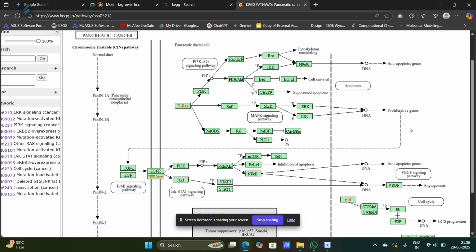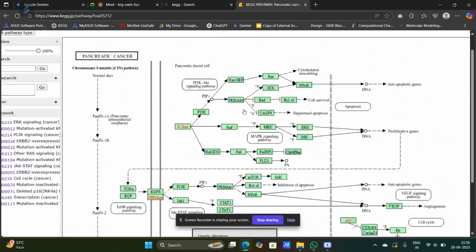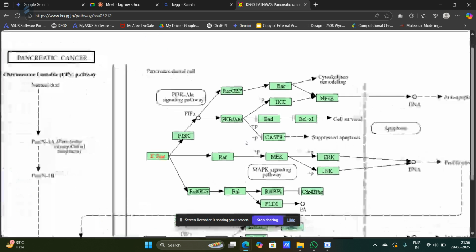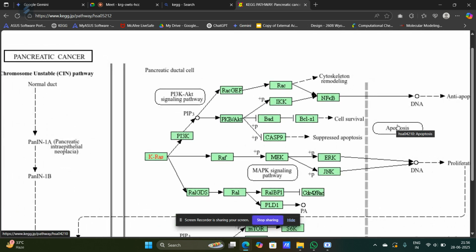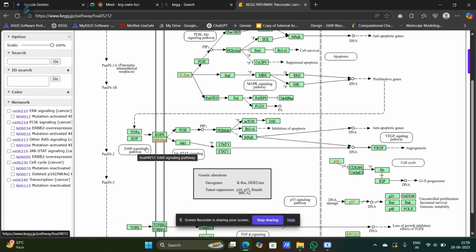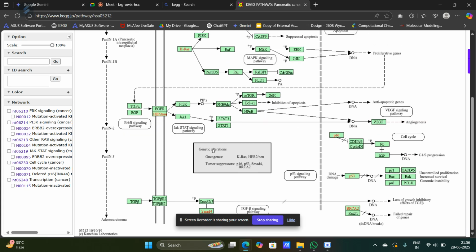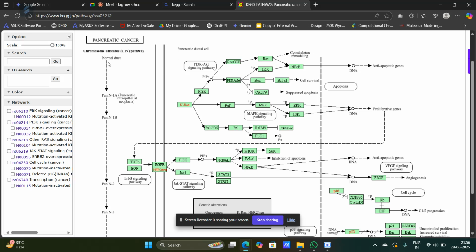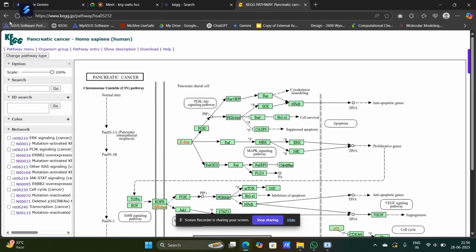Whatever is displayed here is the main flowchart, and whatever is not listed, which is written in the form of a box, like MAPK signaling pathway, these are some related pathways. And here you can see apoptosis is there. And then there is ERBB signaling pathway. It is not that even I'm understanding everything written here, but I'm just trying to explain what all the things are that are present here in the result. So if we can go back,